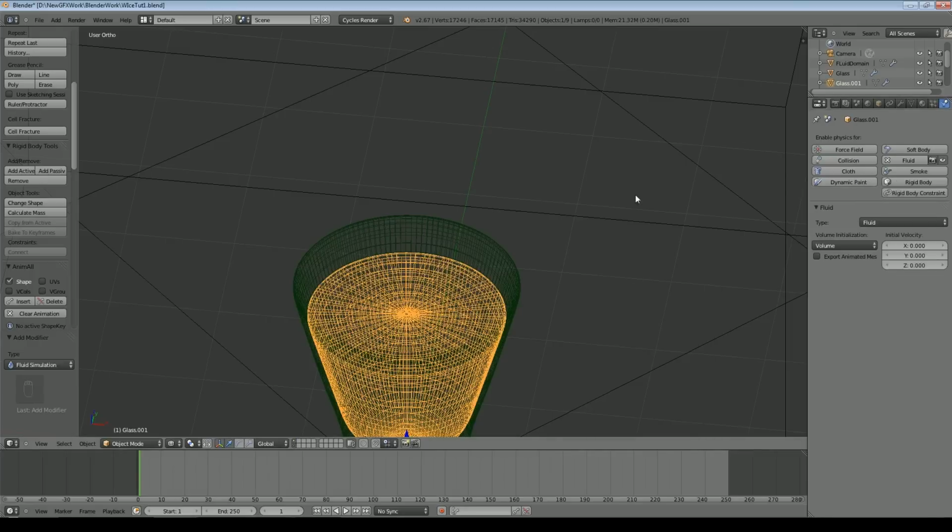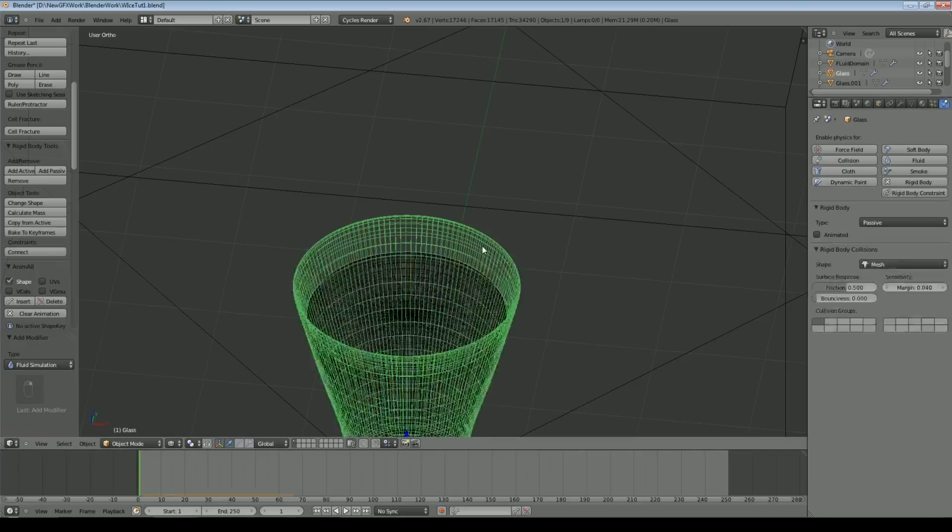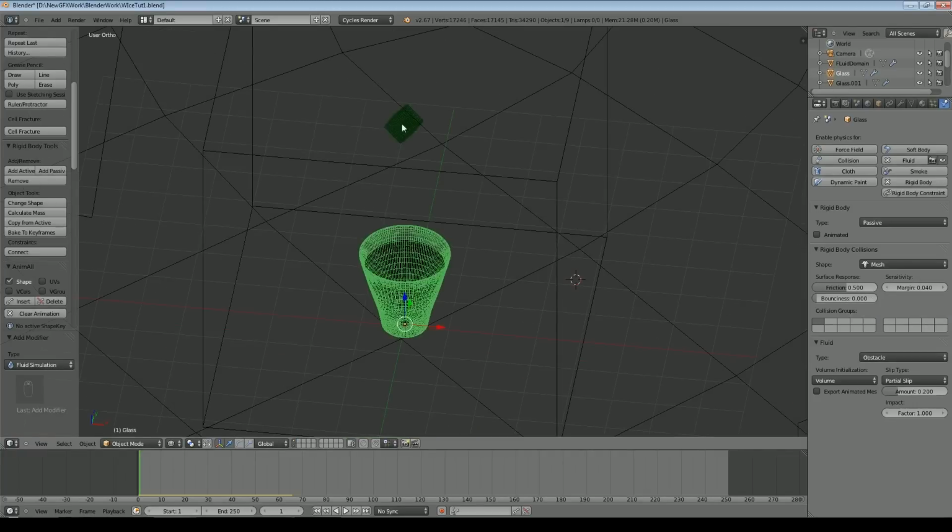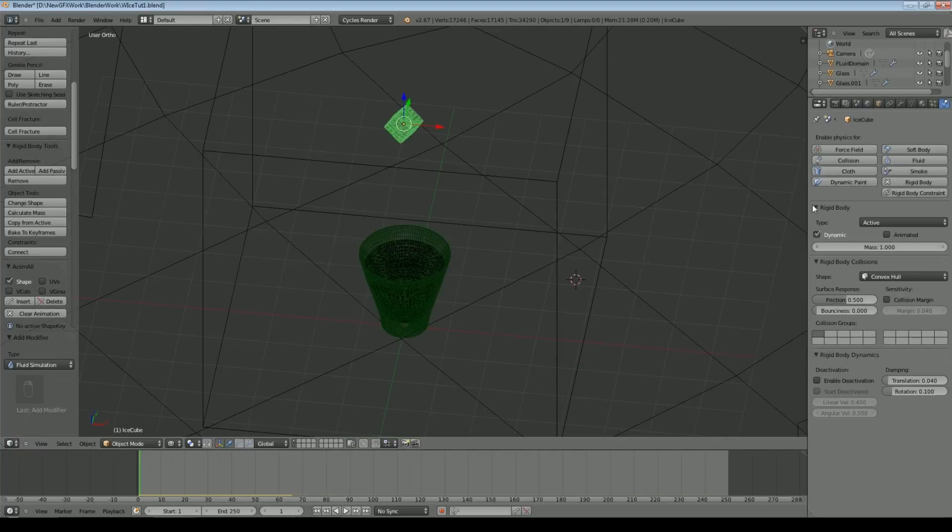We won't change anything else at the moment, and we select our glass, and we set this to fluid, and we set this as an obstacle, and then we select our ice cube, make that part of the fluid simulation, and we set this as an obstacle.